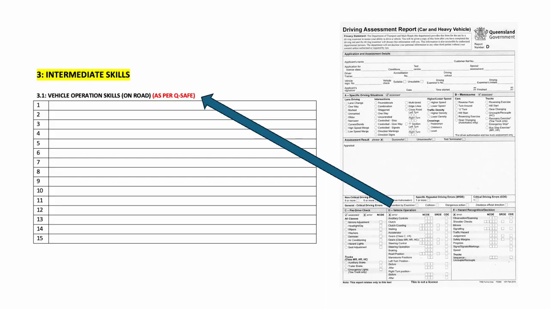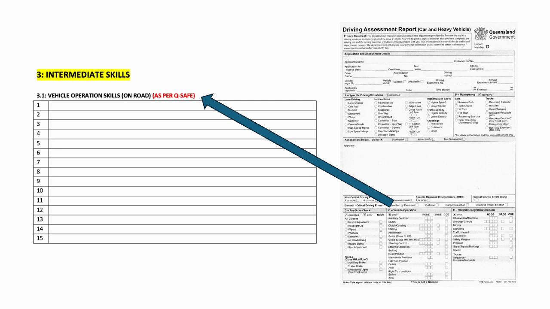Okay, then we look at our intermediate skills. And again, just to give you a guideline, what we're looking for here is some of the intermediate skills that you would focus on. If you look on the right side of the page, you can see the Q-Safe testing form, and section D covers off on vehicle operation skills. So by that we mean ancillary controls, and that might be something like the air conditioning or putting a window